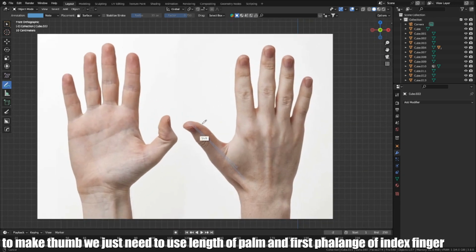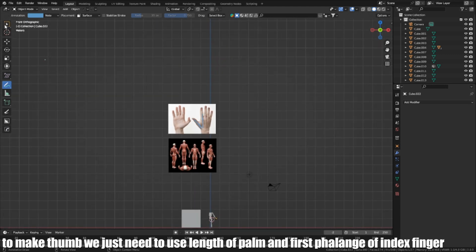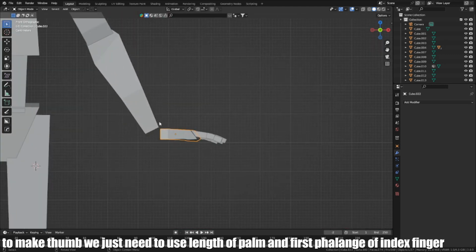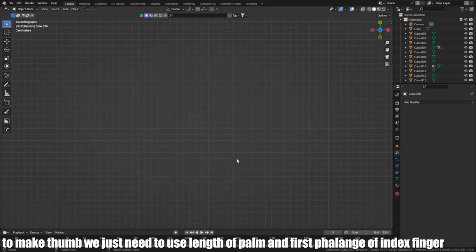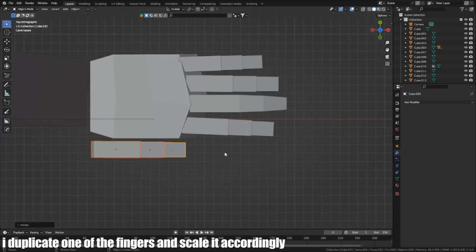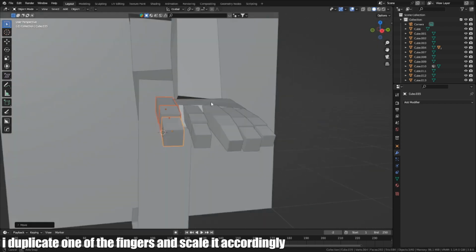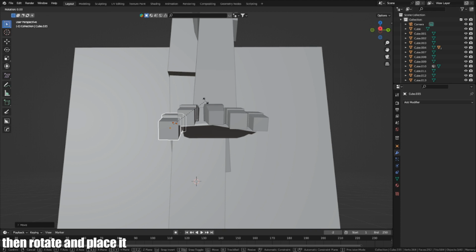To make the thumb, we just need to use the length of the palm and the first phalanx of the index finger. I duplicate one of the fingers and scale it accordingly. Then rotate and place it.